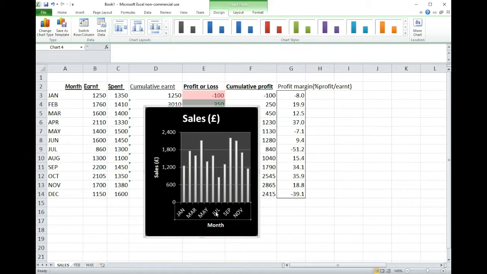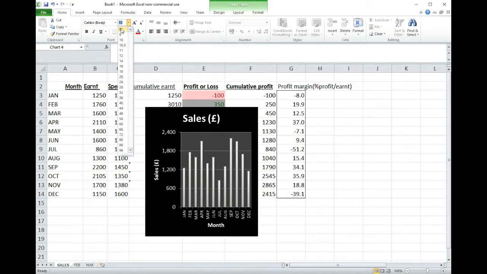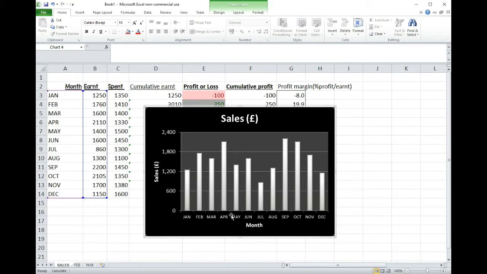There's no room for it anymore. So what you can do is click on it and decrease the font size a little bit, and then you can see it again. Another way to do it, if you've got maybe these were longer than month names, or they were